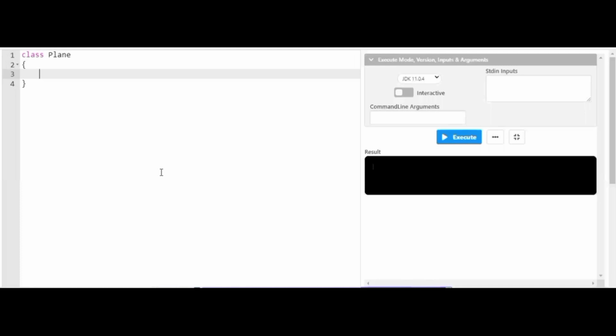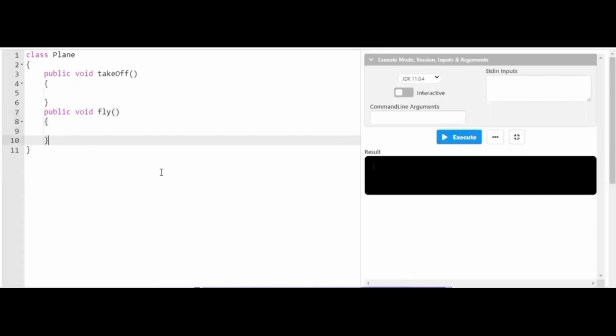That is, public void takeoff, which is the common operation held for every aeroplane, public void fly, and last but not least, public void land. So friends, I'll be taking these three methods as an example.